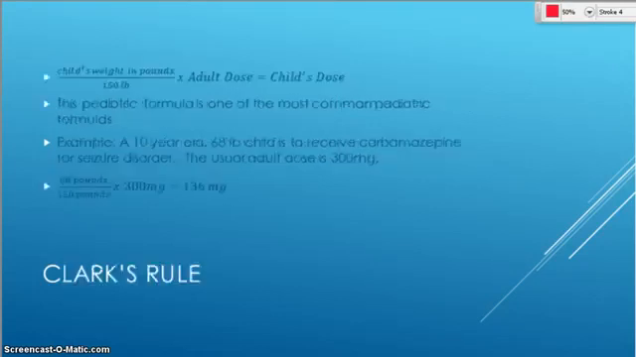The first formula that we're looking at is Clark's rule. Clark's rule is one of the most common pediatric formulas. It's based on the child's weight, and what we do is we take the child's weight in pounds, we divide it by 150, and it's just a standard 150. It's based on an average adult, and we multiply it times the adult dose, and that gives us the child's dose. So I've given you an example here of a 10-year-old child who weighs 68 pounds, and